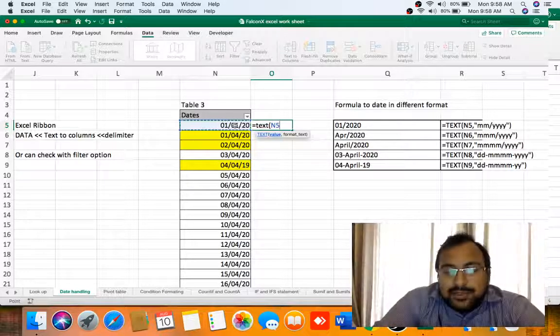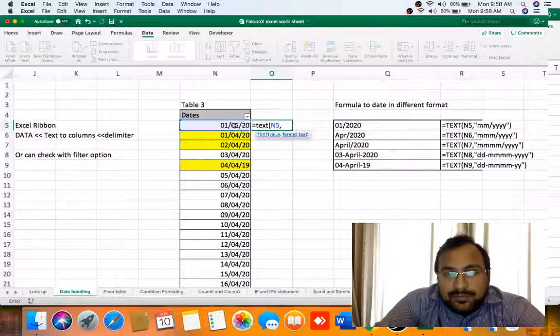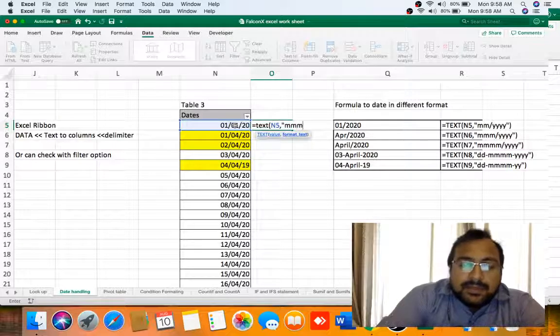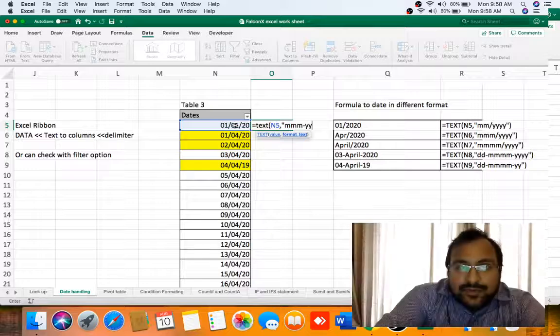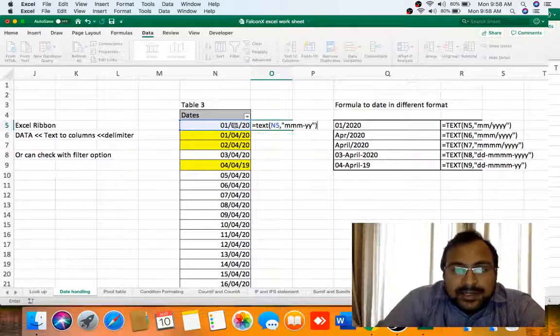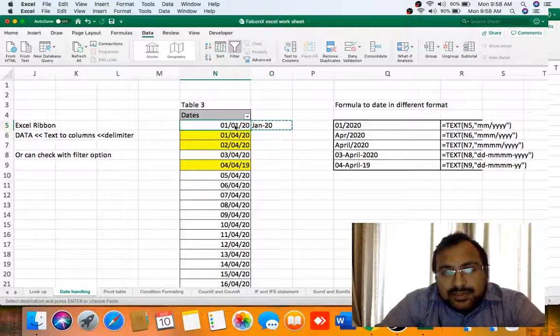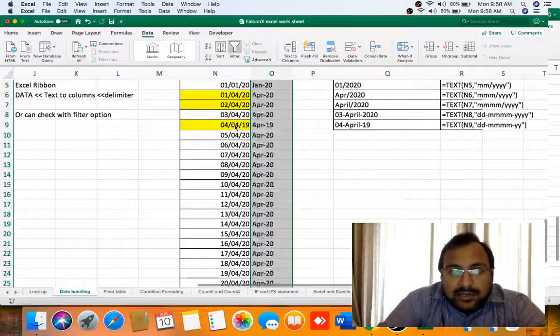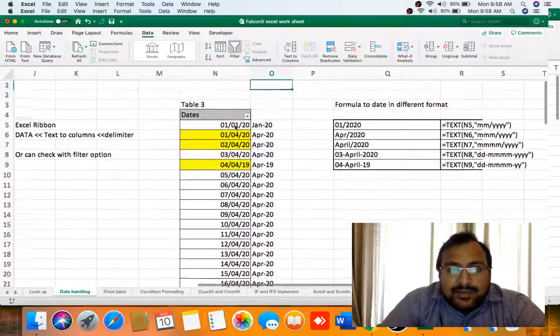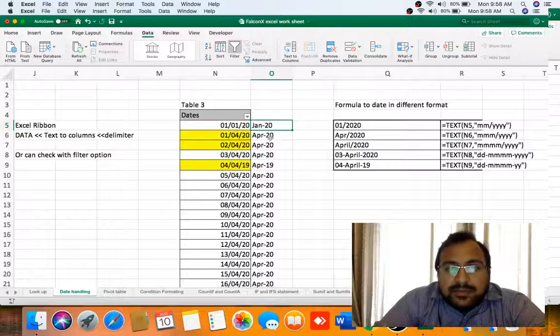So the first argument is over. Now comma. Second, in which format you want. I need mmm slash dash yy, bracket close. Here as you can see we got the answer, and copy paste the formula. This way you can easily get the month.